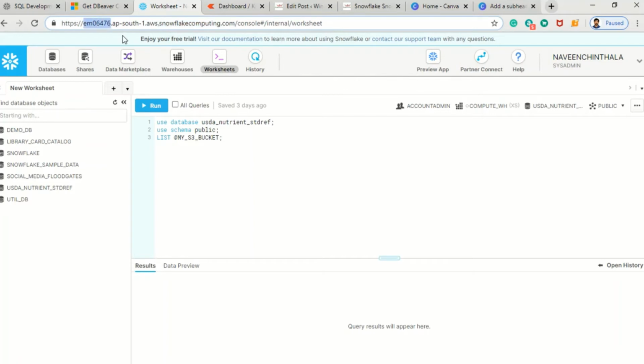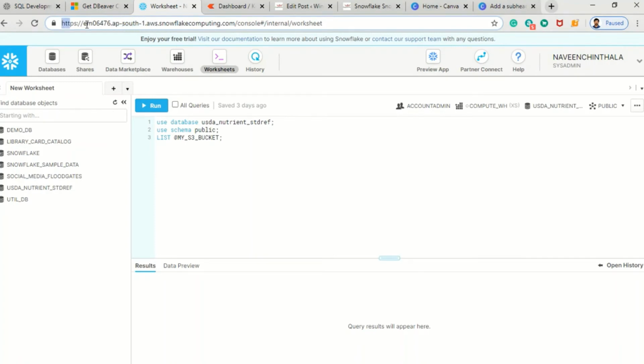It's given by Snowflake to me, and this is with respect to the cloud provider. I have chosen AWS as my cloud provider for my Snowflake account, so AWS came into my web address, and south one is the region. I selected India Mumbai as a region, that's why it came like this.